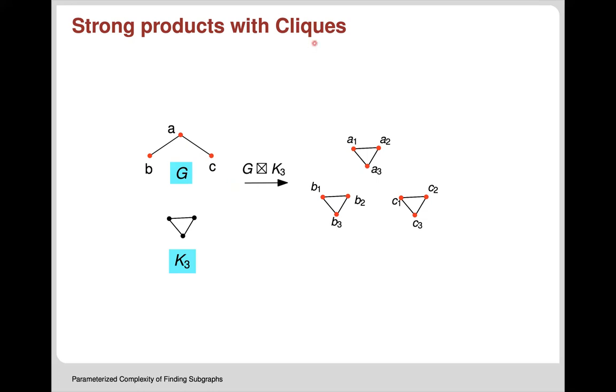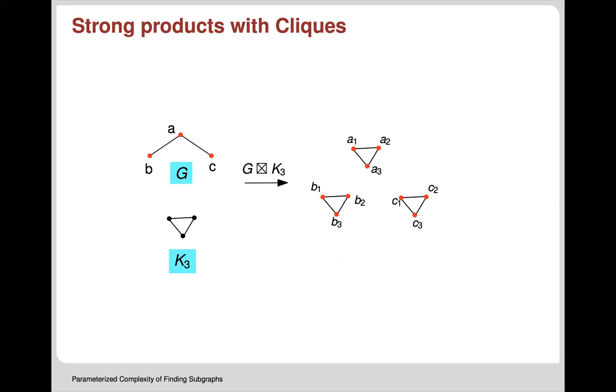Okay, so in particular, when you do a strong product with cliques, you can either follow the same definition, or there is an easy way to see this. Let's say I have a graph G and a complete graph, in this case K3. Then the strong product can be created by first replacing every vertex with a clique of whatever the clique size is, in this case K3, and then what you do is, if there is an edge between two vertices in G, then you add all the edges between